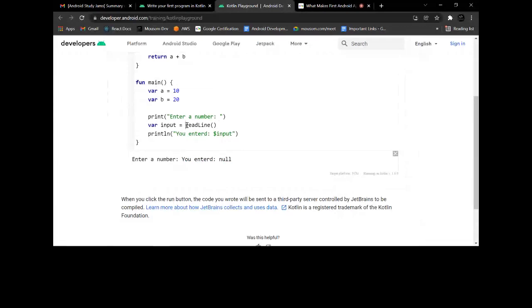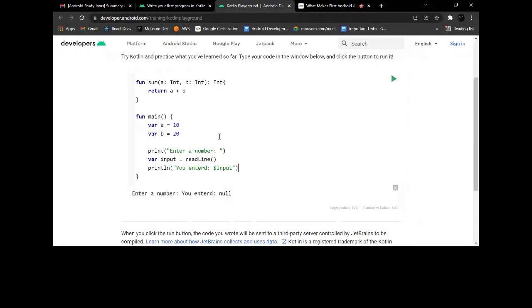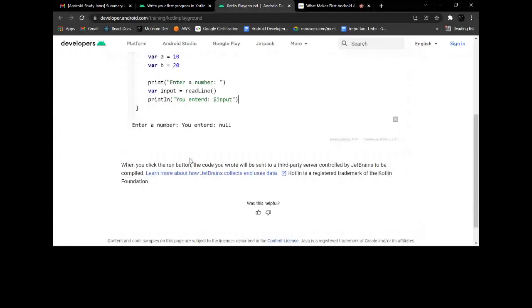There you will see a prompt that says enter a number, and a cursor blinking like this. You have to enter the number and press enter, and after that the println will be executed. Because this is a browser based compiler, there is no option to enter input, so that's why it's not showing anything. So this is how you can get inputs from the users.